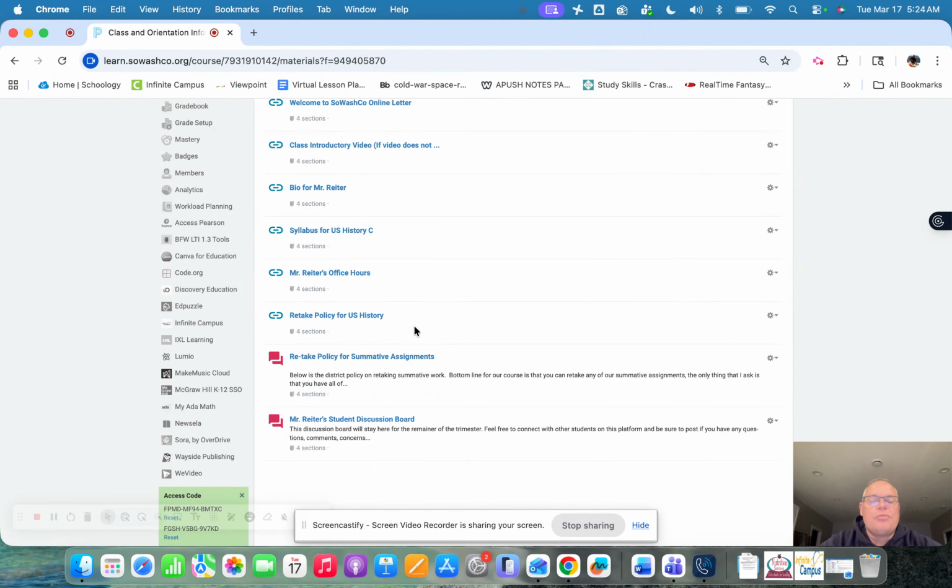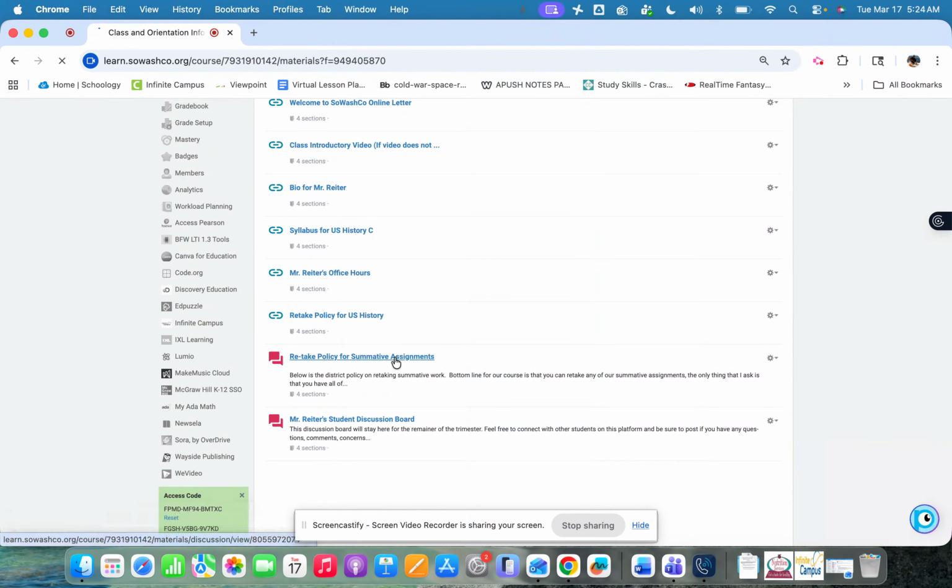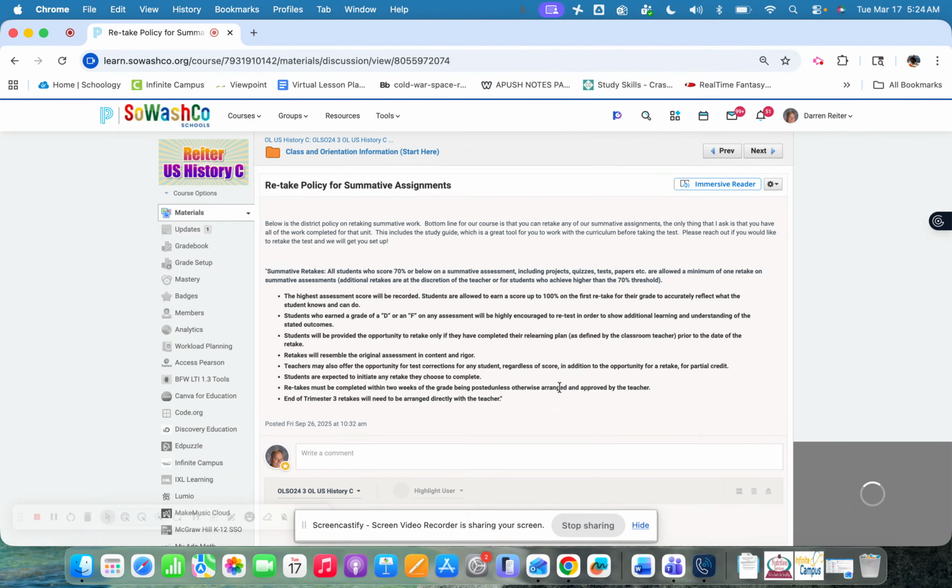Now, retake policy is pretty simple for the course. We follow the district policy. And so if you're looking at it, it says students have a right to do that, things like that. But the one big thing that we have to be aware of is the plagiarism piece. If you are a person who struggles on a summative assignment and you were caught plagiarizing, that's not a retake possibility. You made a choice at that point. And so we just want to make sure to cover that. I am more than willing to help anybody do it the correct way. Okay, so just make sure the retake policy is there.